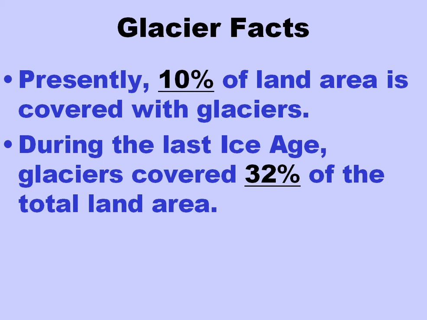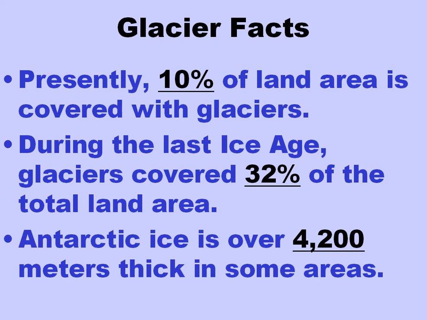And there are some geologists who theorize that at one point in time, our entire planet was actually covered with ice. So even when we go into an ice age, a lot of the planet is covered by ice, but it's not as much as some scientists have theorized had covered the planet at one time. And with only 10% right now, we don't have a lot of ice on our planet compared to other times.